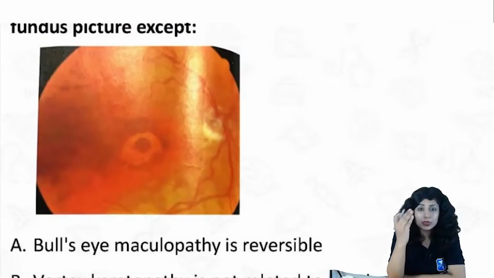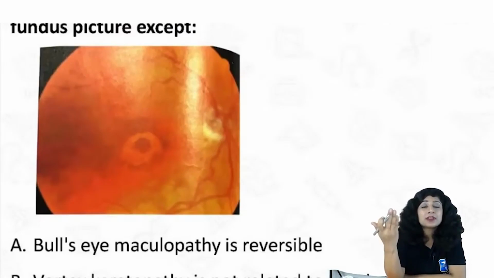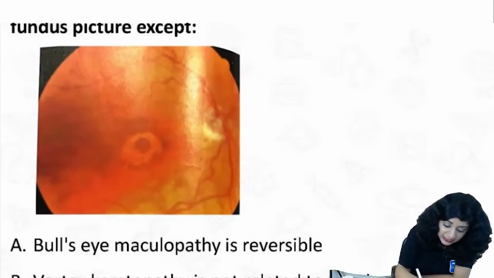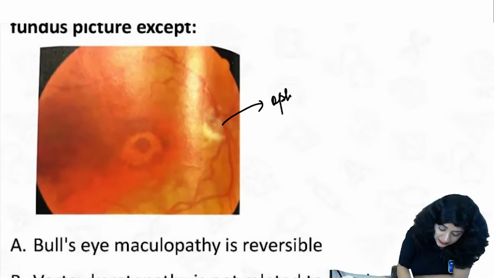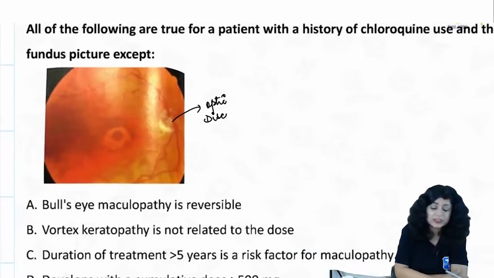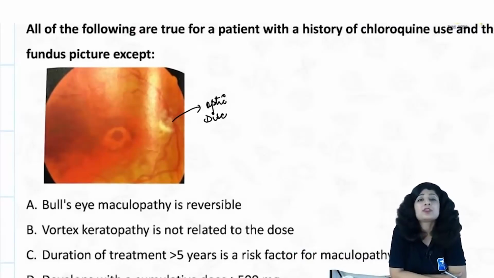When we are looking through the ophthalmoscope, you are looking at the fundus view. So the picture that you are seeing is called a fundus. So in the fundus, what all can we see? You can look at the optic disc. And yes, somebody was asking me how to find out whether this one is a vein or this one is an artery. So I will show you a clearer picture.